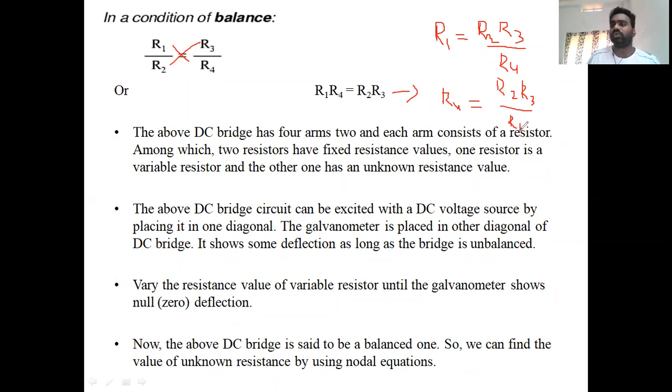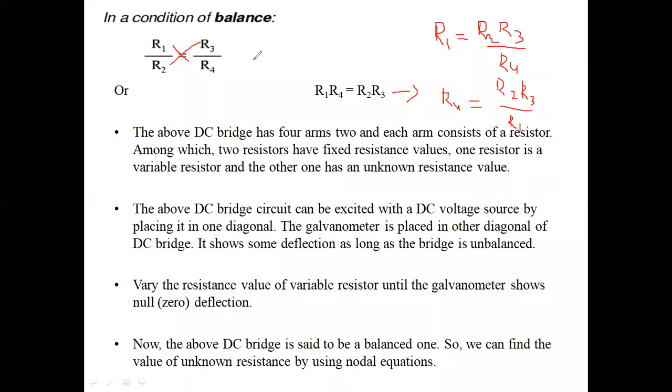Whatever it may be, we can find out the unknown resistance. From this concept of the balanced method, we can clearly calculate the unknown resistance value, either it may be R1, R4, R2, or R3. We can clearly substitute the value of the unknown measurement, and next clearly observe the calculated method.